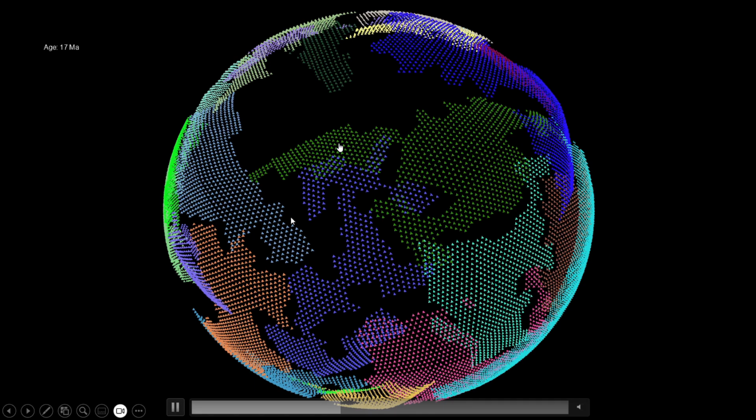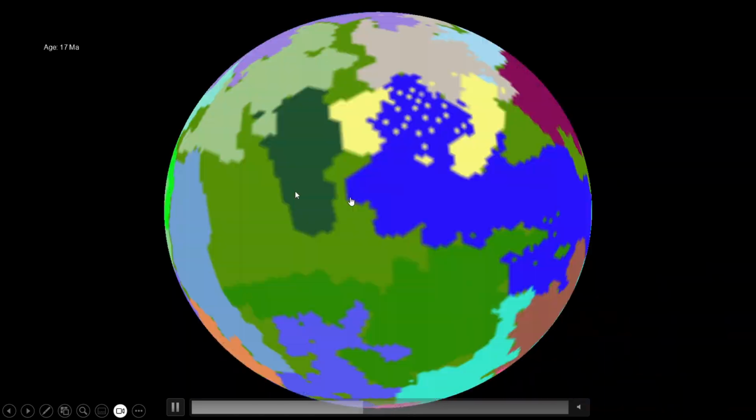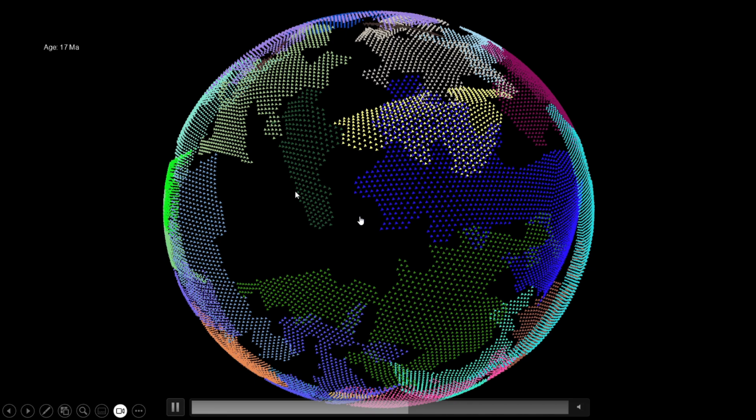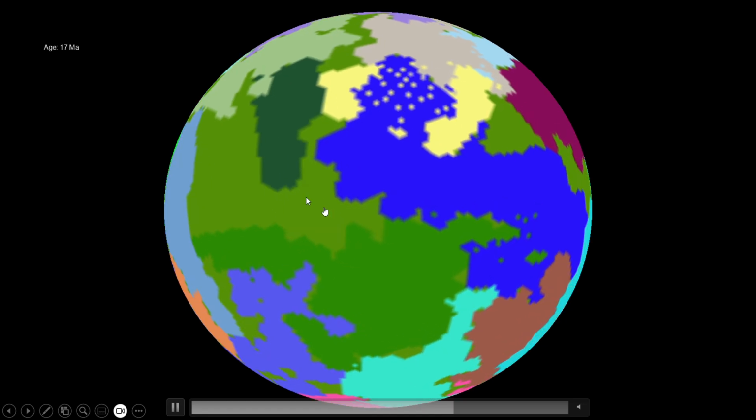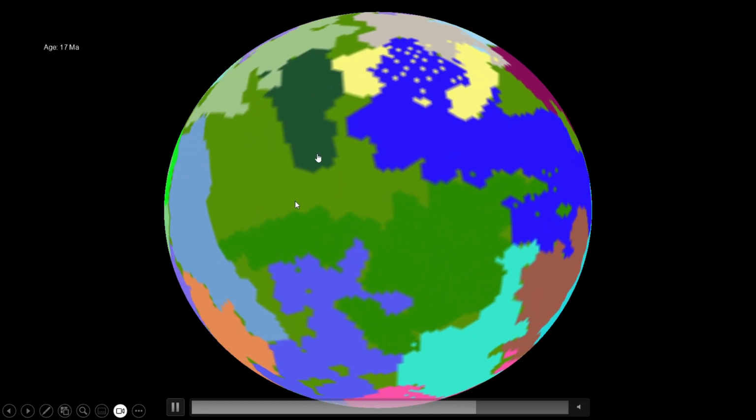Now we can swap between the point mode and the globe mode. We're seeing the points are plates, and this version is non-plates. What you can see is that these boundaries do not match, and this is the major problem you see over here. They really should match because this here is void, so this should be filled in by these plates, and it isn't, and that is a problem because